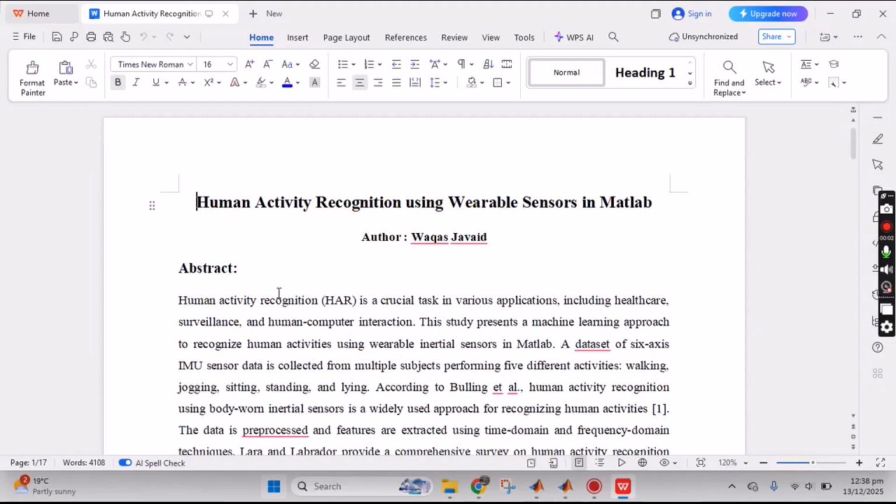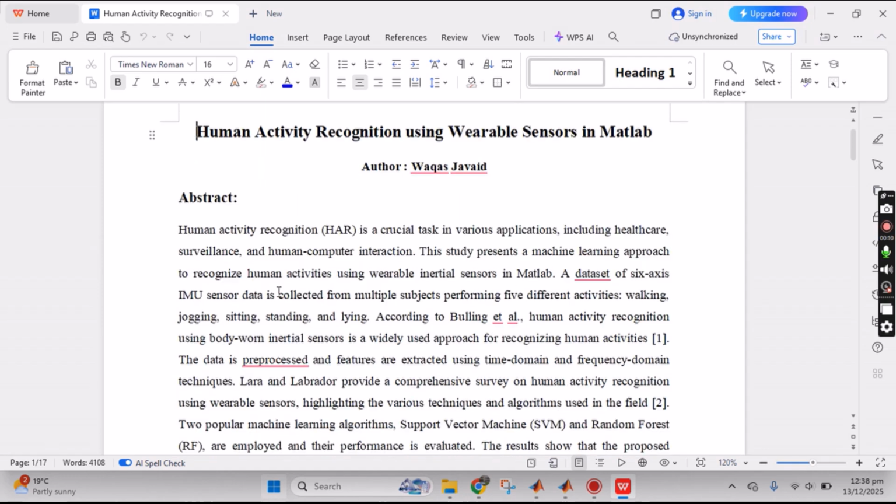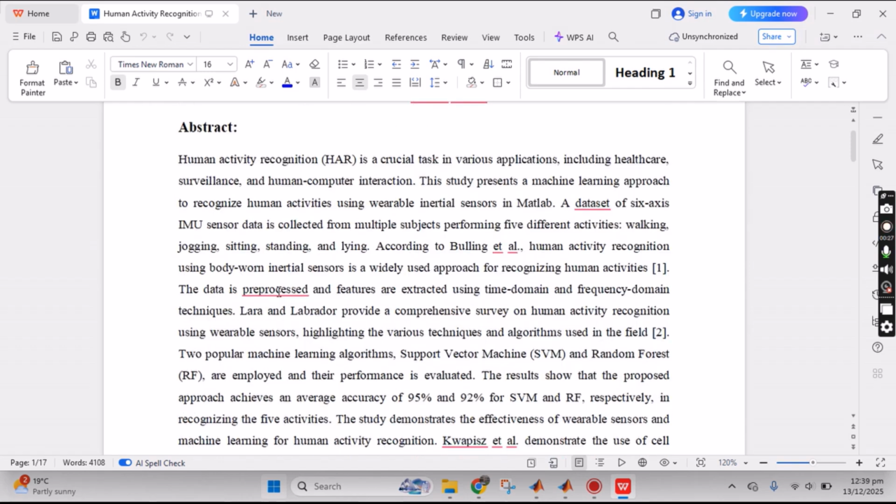So this article is related to human activity recognition using wearable sensors in MATLAB. Human activity recognition, HAR, is a very important task in various applications, and it provides us healthcare surveillance and human-computer interaction. The dataset of 6-axis IMU sensor data is